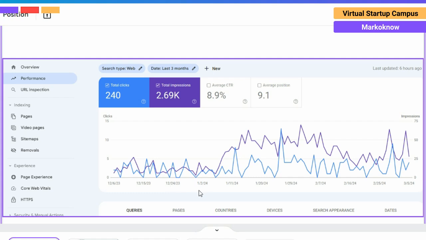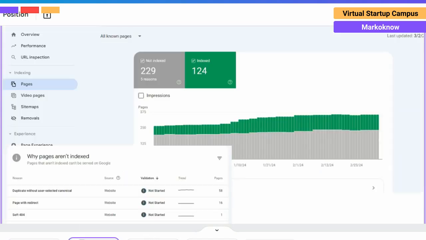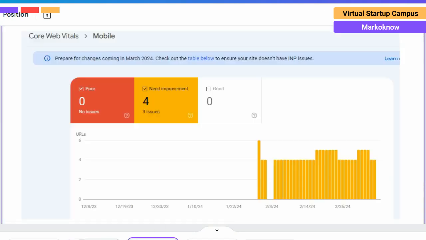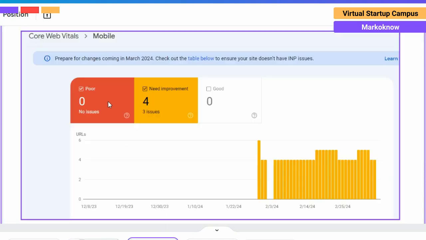The URL inspection tool shows you how Google sees a specific page on your site, ensuring it is indexed correctly. The sitemaps help you submit to Google to understand your website structure and index it more effectively. The mobile tool is used to ensure your site is mobile friendly, as Google prioritizes mobile responsive sites in search results. Benefits of using SEO.